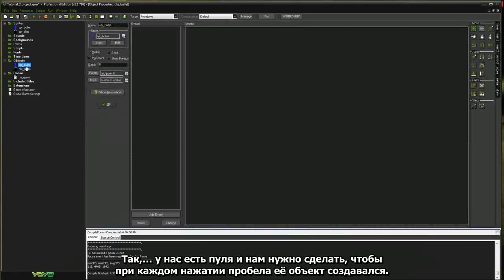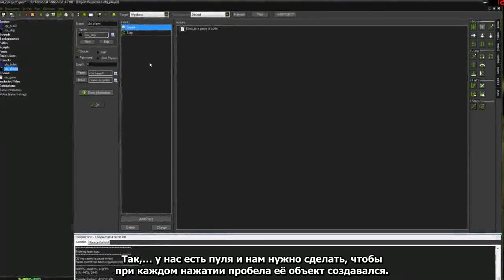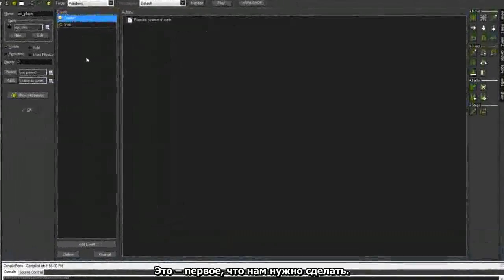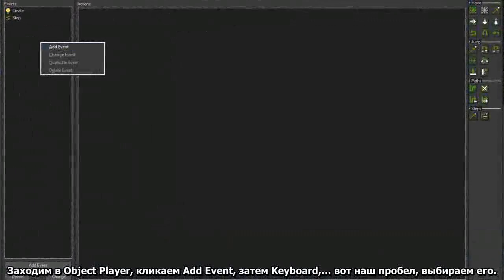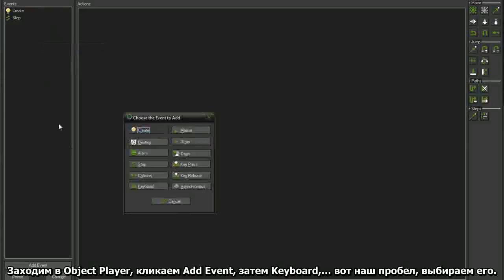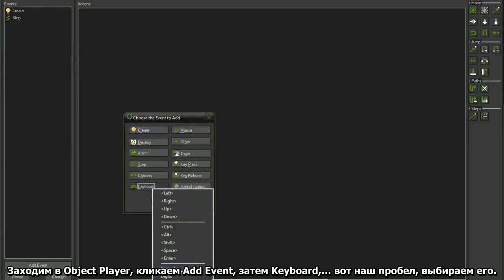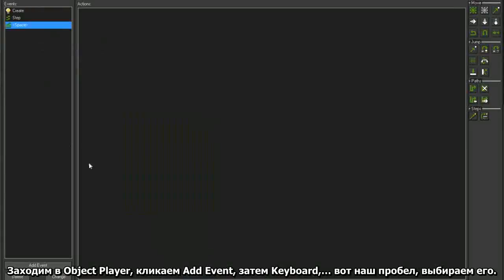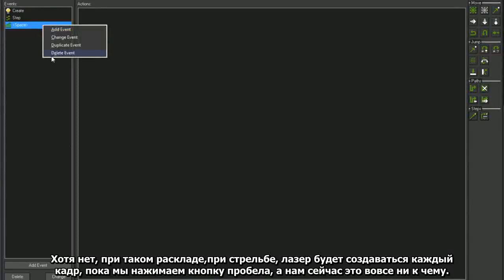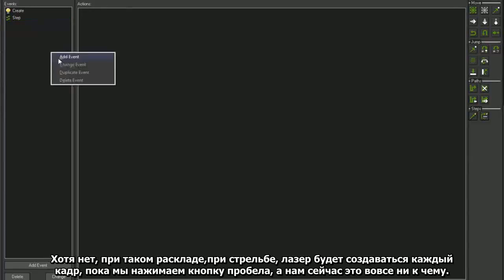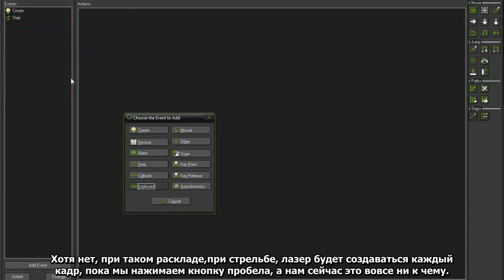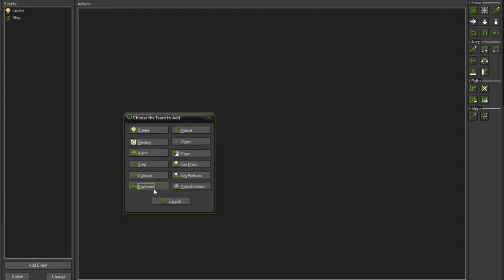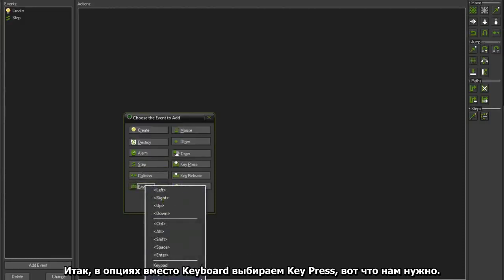So now we have this object. We basically need to make it so every time we press the spacebar, we create that object. That's the very first thing we need to do. So if we go into our object player over here and go to add event, keyboard, space, there we go, space, although no, we don't want space, because that will do it every time we hold the key, so it would create a laser every single frame that we're holding spacebar, and that's definitely not what we want right now. So keyboard, we want to go to